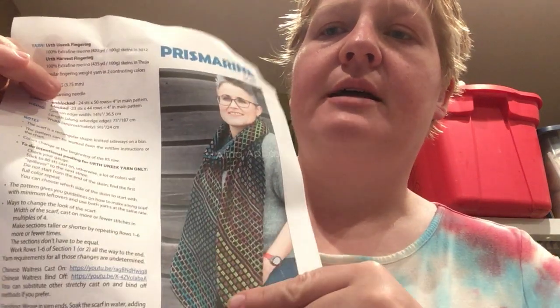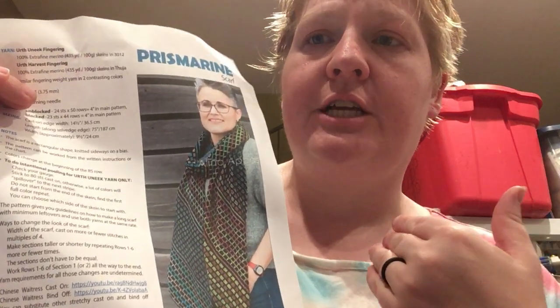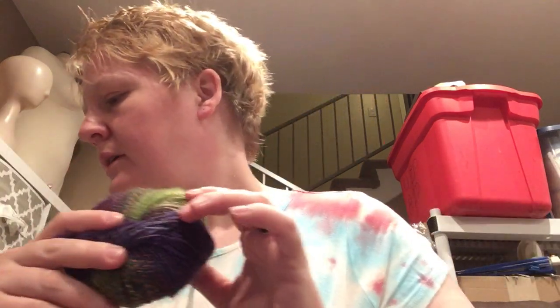But it recommends 2 yarns, one that's slow color changing and one that's solid. So I've got a slow color changing ball of yarn, which I've had for a little while, that I got from Temu, of all places. It does have wool in it, but because I got it from Temu, well, hold on. Before I say that, I still have...